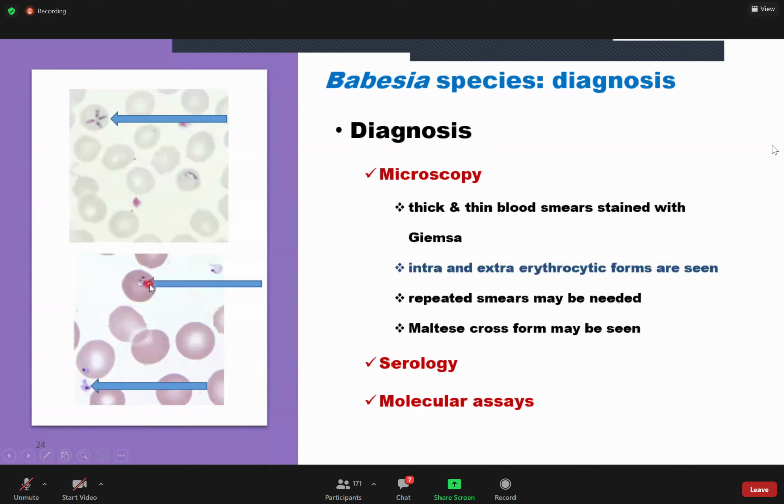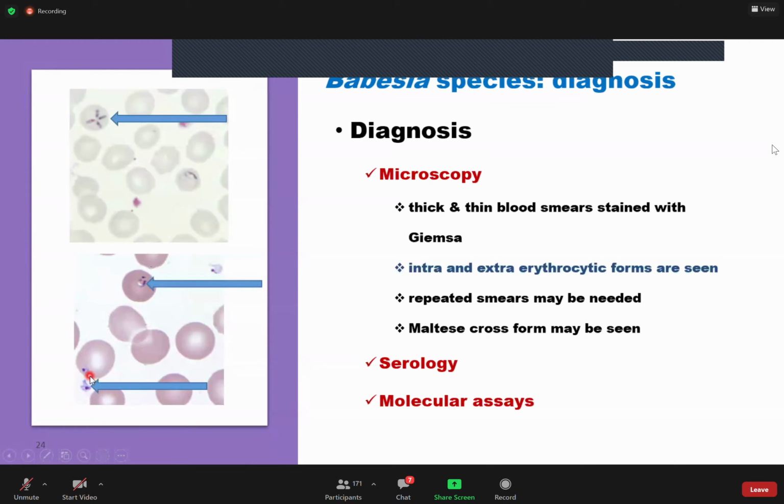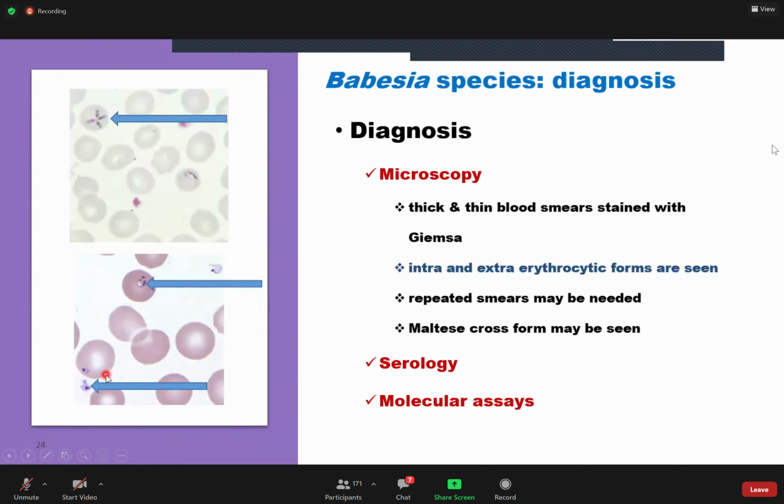Apart from that, if you look at this particular parasite, there's a whitish dot inside there, in the cytoplasm. Remember I told you, you have a thin rim of cytoplasm that appears bluish. There is a central vacuole that doesn't pick up the stain, and then you have the nucleus or the chromatin dot at one eccentric location, giving you the appearance of an engagement ring. So we say the trophozoites are ring-shaped, right?